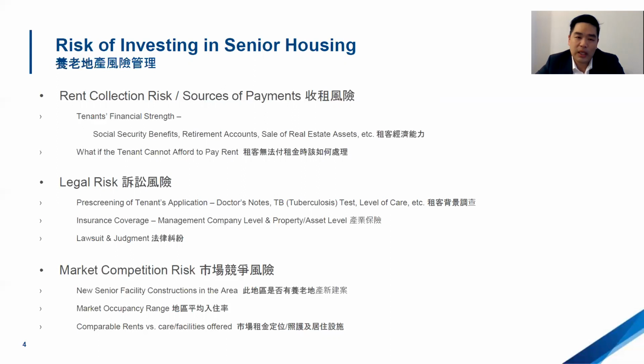Now, what if this tenant cannot pay? For these seniors, before they are admitted to a senior housing facility, it's a really big decision. A lot of the time, it's not just their decision. It's also the family, their trustees, someone who has to sign the paper. So they won't just put these seniors into a facility and, after a month or two, realize that they can't afford it. So we usually know ahead of time where they might have issues paying the rent.